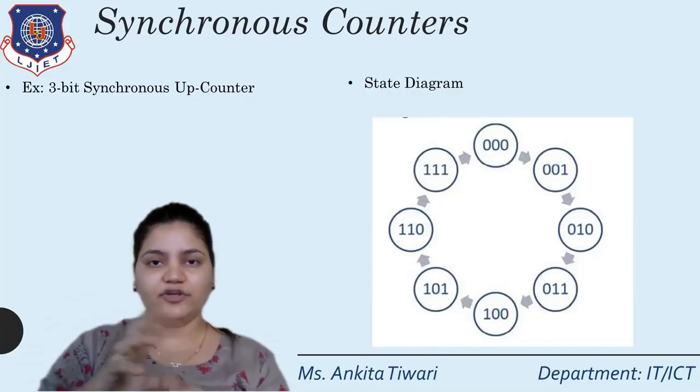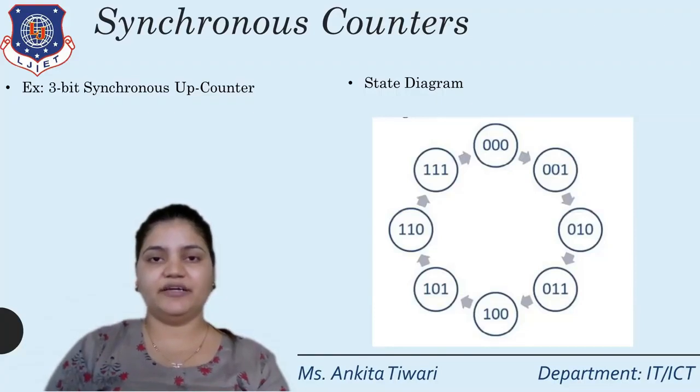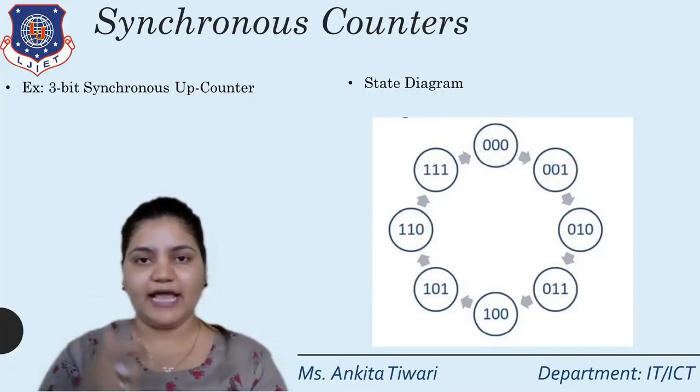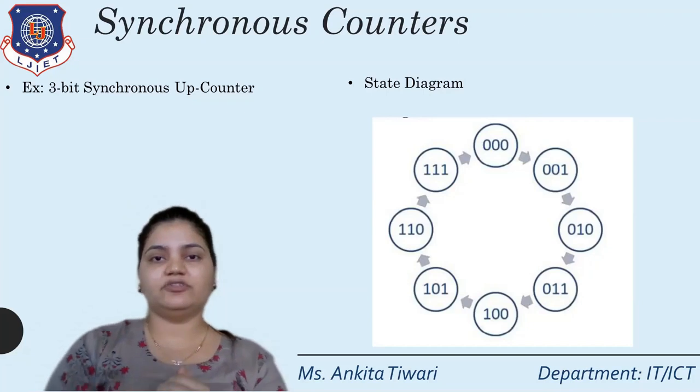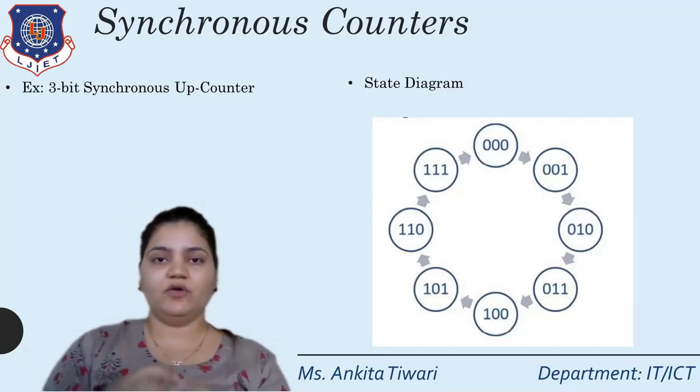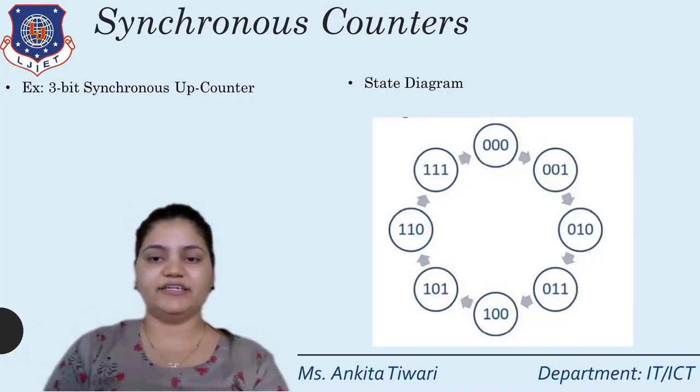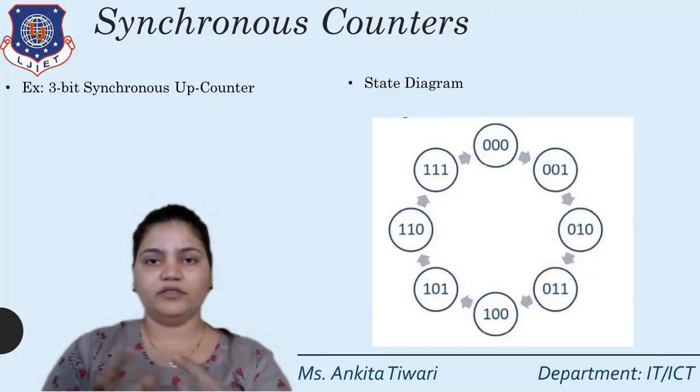So the flow, the circuital representation, is represented by the state diagram. As you can see in the diagram itself, we are starting with 0, 0, 0. The next state is 0, 0, 1. Then we are starting with 0, 0, 1, and the next state is 0, 1, 0. So this is the state diagram that we need to draw as the first step in any of